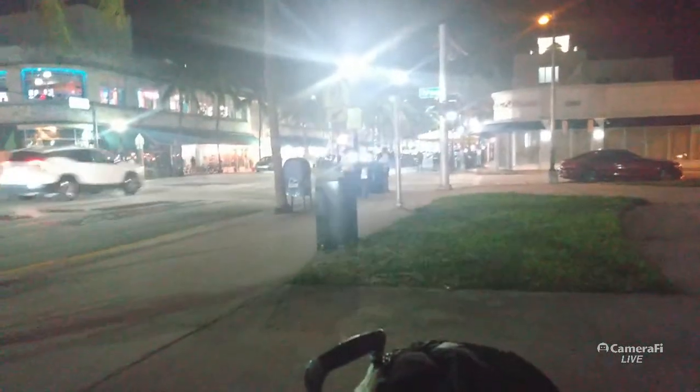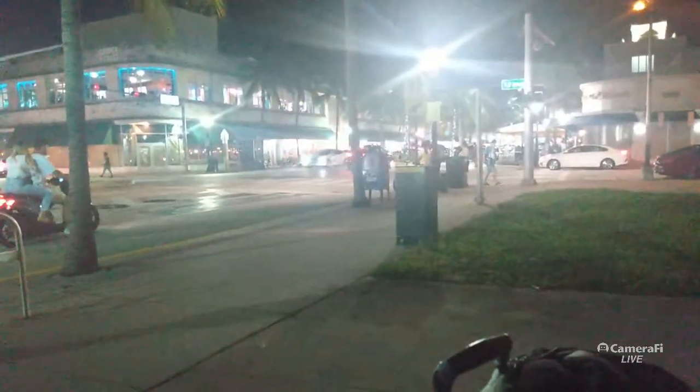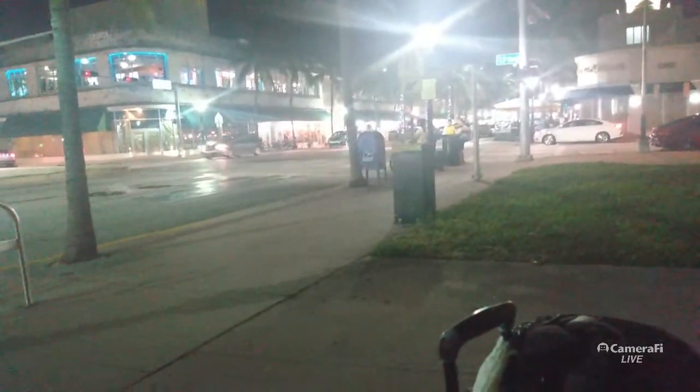Alright, now an update on the library revisit. I went back to the library today to print out a shipping label so I could return a power bank to Walmart that I ordered, and they sent me a dud. It's dead. Nothing happens when you plug it in the wall to charge it, or it won't charge the phone. So I sent it back, but I had to print the shipping label in the library, and so I went in there filming,